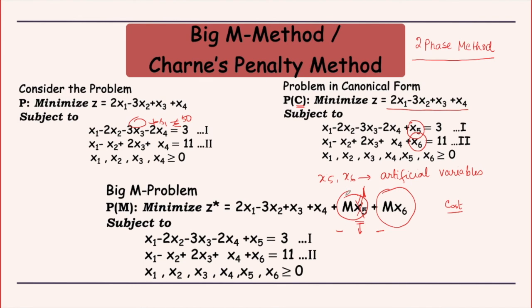Okay, so this M is the penalty which you are paying for having x5 in your basic solution when your x5 is some non-zero value. That is why it's called the penalty method. So simplex will try to drive this out as well as this, because they are giving such huge values to our objective function and we want to make it very small. It is opposite of what we want to do. So simplex is going to drive these two variables out of the system.